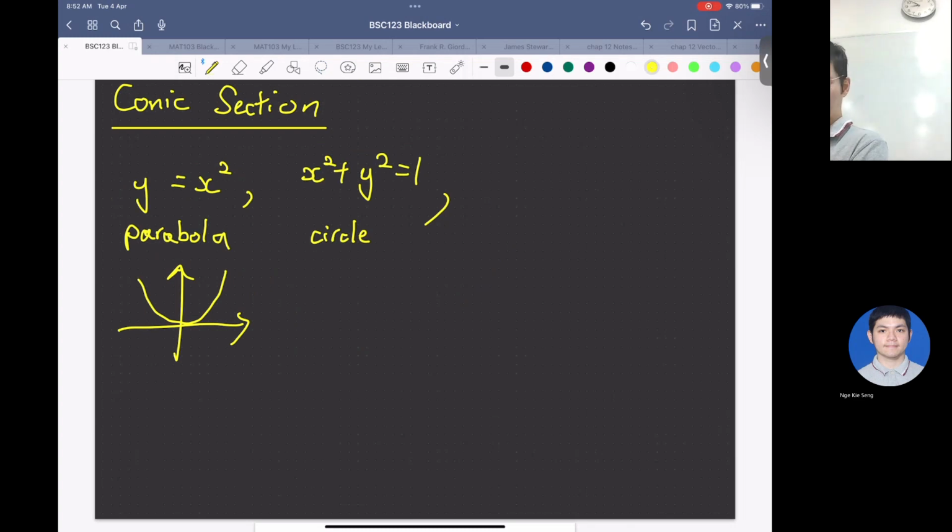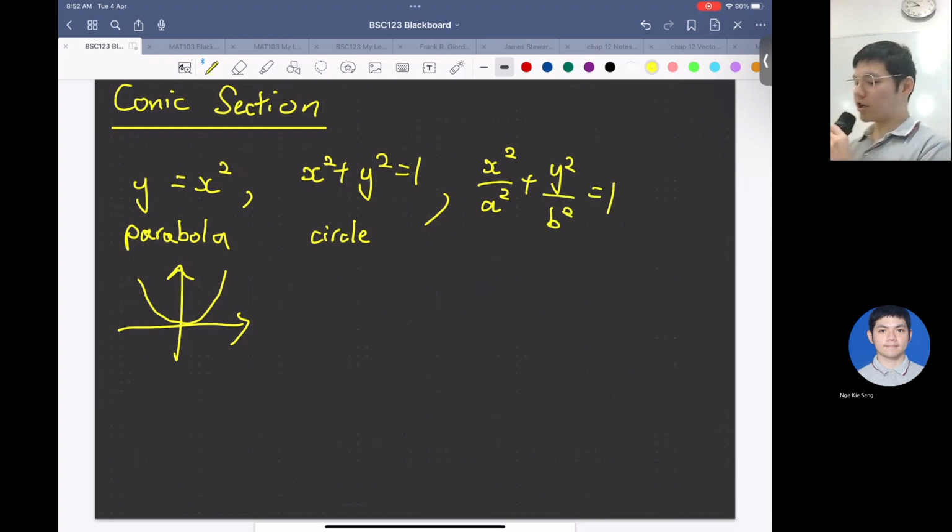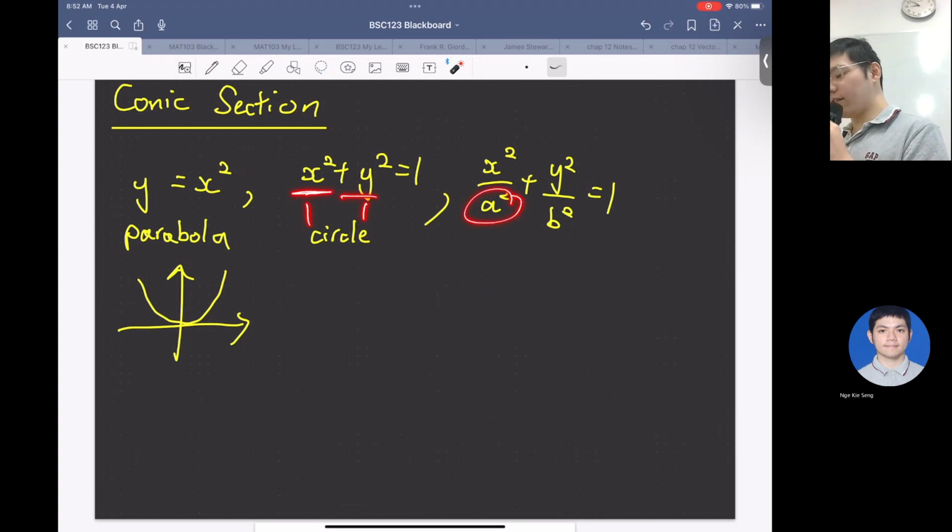Okay, so you can also take the scalar, right? You can change the scalar to something like this. Okay, so change the ratio here. Here it is over 1, right? But what if you change the ratio here? Okay, then this one will be